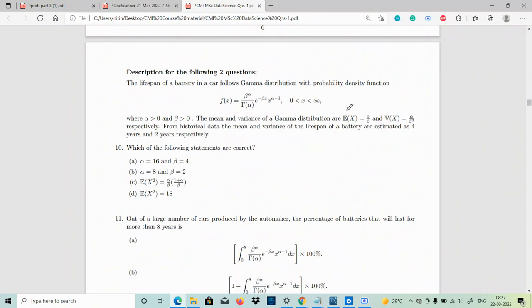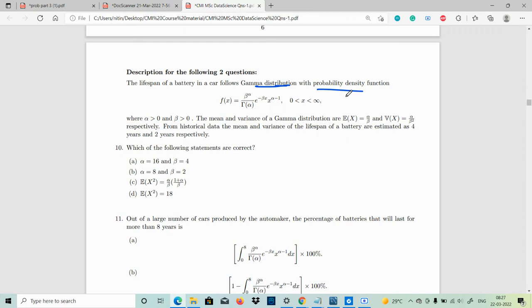Okay, something here is also given. It's related to, I think, the gamma distribution. We will see the gamma distribution, and once you understand it, it will not take more than 2 minutes to solve this question, because everything will be based on some basic things only. So let's understand the question first.